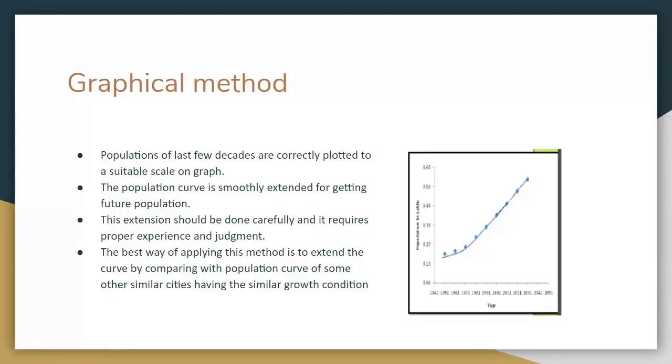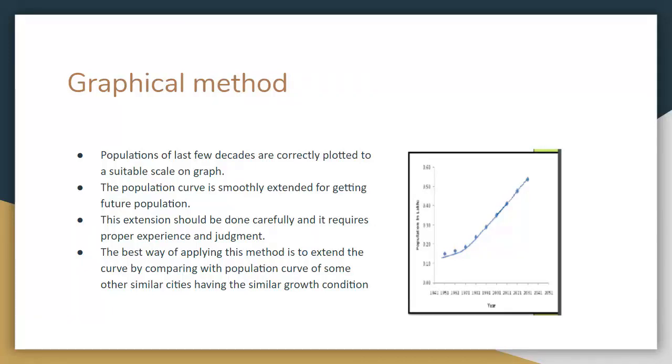We are studying population forecasting. In the previous classes, we already learned 4 methods of population forecasting. In today's class, we are going to learn another 4 methods. The 5th method is the graphical method. In the graphical method,